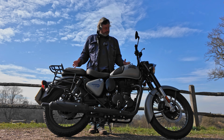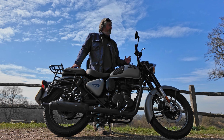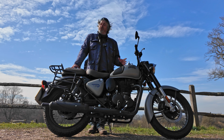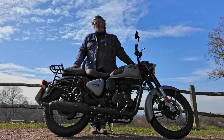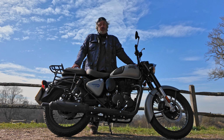So here it is. Just to give you that story again, I saw this bike on eBay about 2 weeks ago, and was drawn to it because it was a really good price. At that point it was priced at 2,800, and obviously you look at the description and wonder, why is it that cheap? Because it is cheap. It was certainly the cheapest Classic 350 on the market at the time,